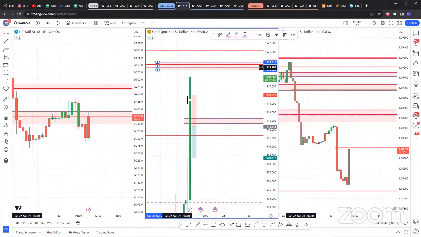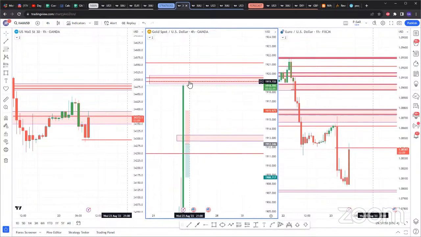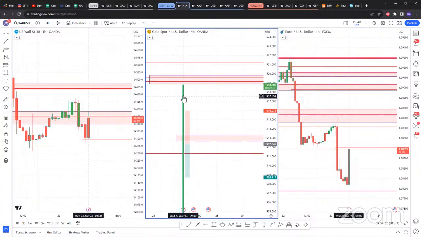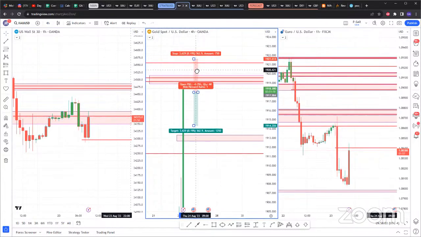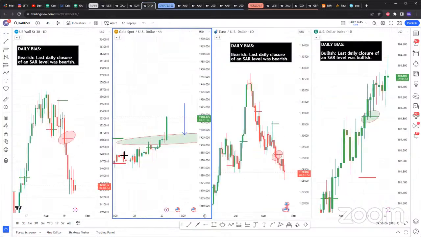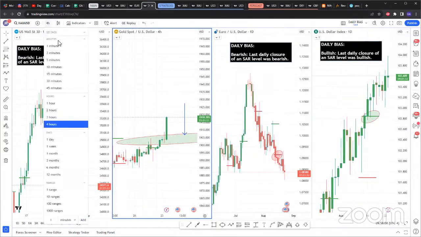Now on the 4-hour, and I just showed you guys the 1-hour, this is the next area I can sell gold. But for me to sell gold here on the 4-hour, this would be test and rejection. So I would need a candle to test this zone and close below a 4-hour candle. And I would need the next 4-hour candle to test and reject. And guess what? By the time I'm getting this entry, the daily bias would have changed to a buy. You see what I mean?